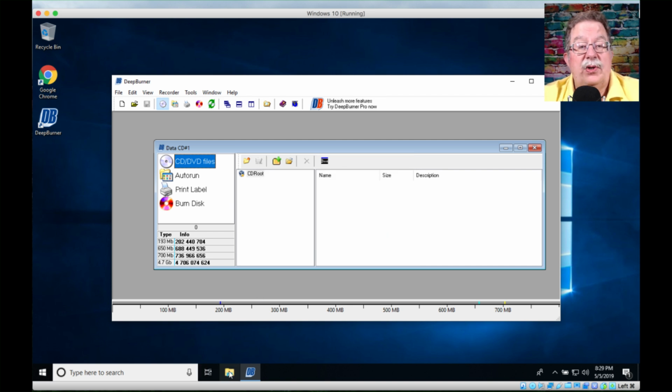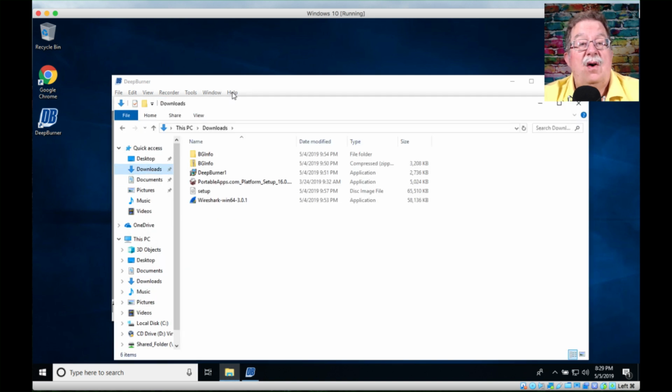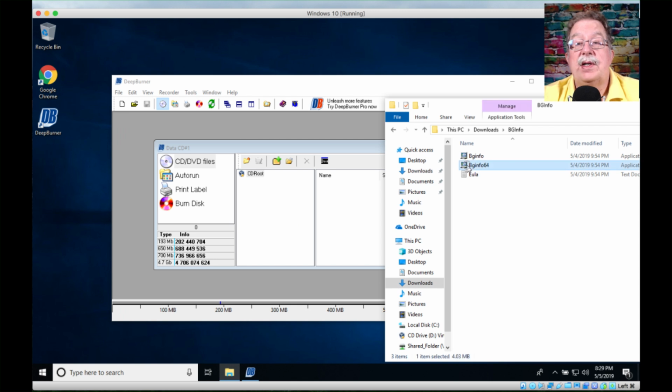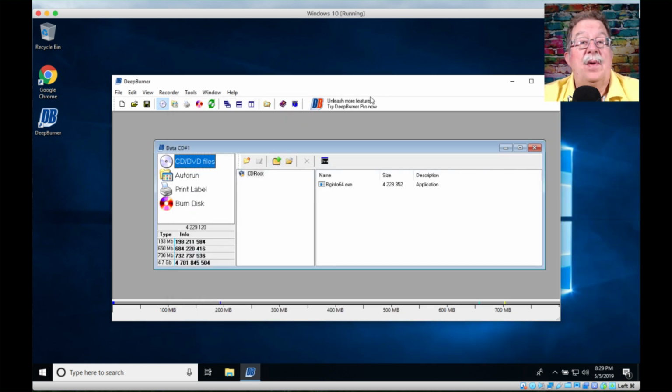And then what we will do here is we will go into the Downloads folder, and I've already set up BGInfo. And there's two different versions here, so we'll just drag over the 64-bit version. If you are running 32-bit, you can drag both of these over. It doesn't really matter. So now that we've got that over there, we can close that screen out, and you'll